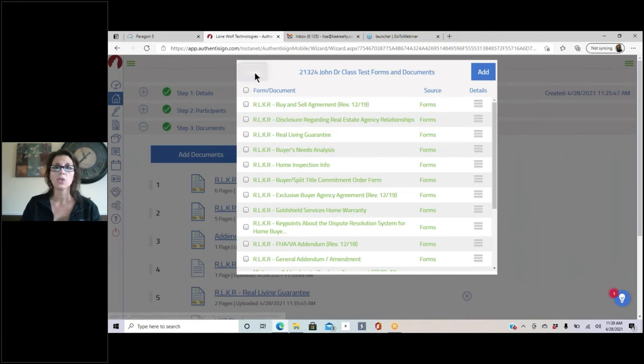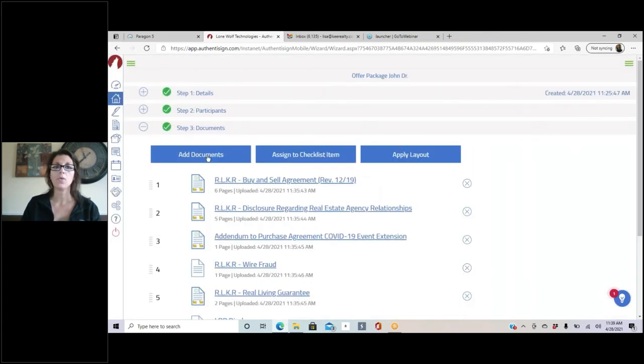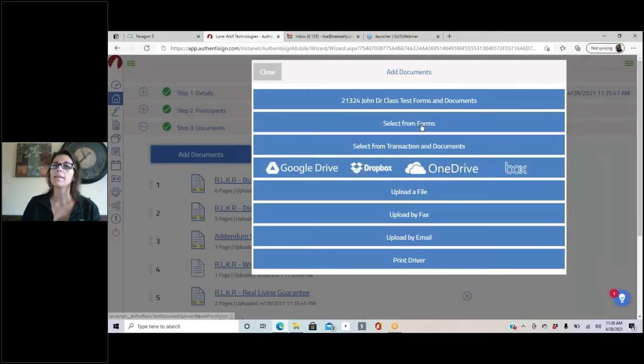I forgot to. So for example, I can now add document, and I can select from which forms are the ones you fill in. We don't want that. You can select from transaction documents, which means it would have to be in Transaction Desk, which it's not. If it's under your Google Drive or Dropbox or OneDrive or Box, you can select those and it'll have you log in and pull it. But typically it's going to be on your computer. So I'm going to upload a file,